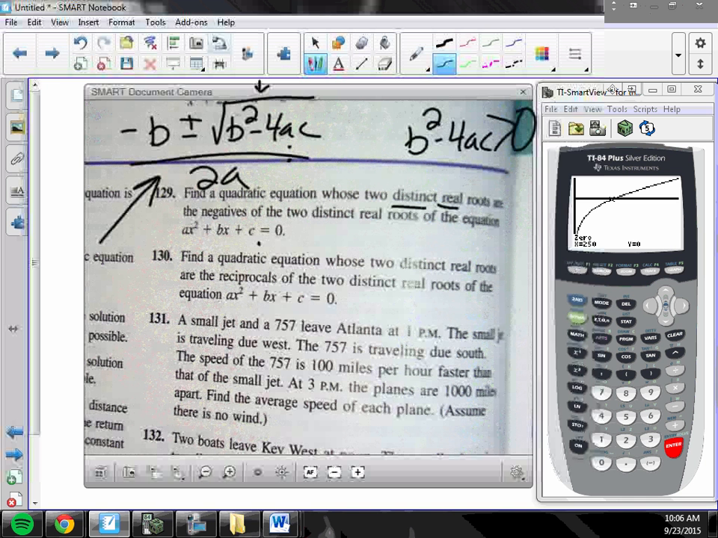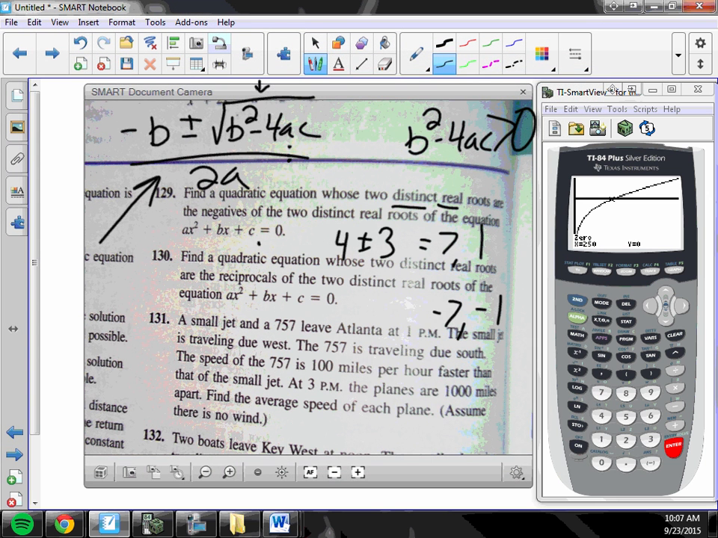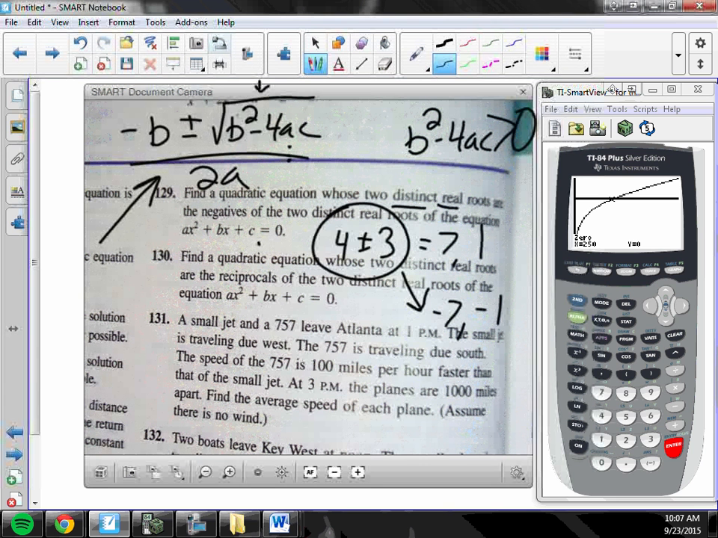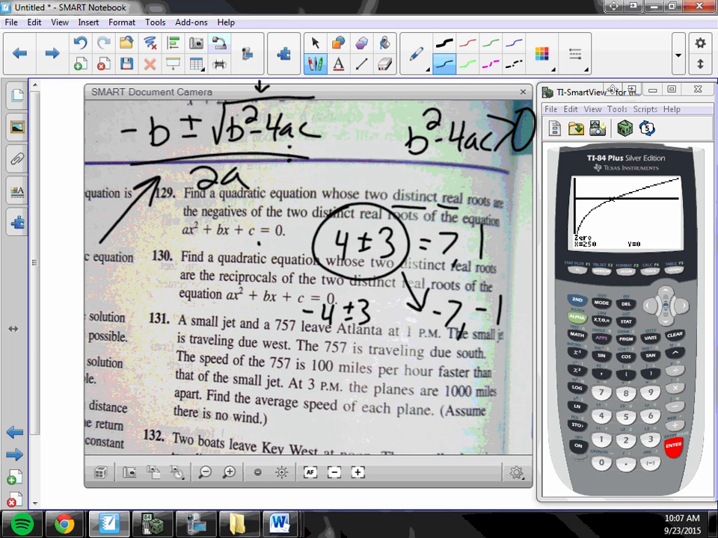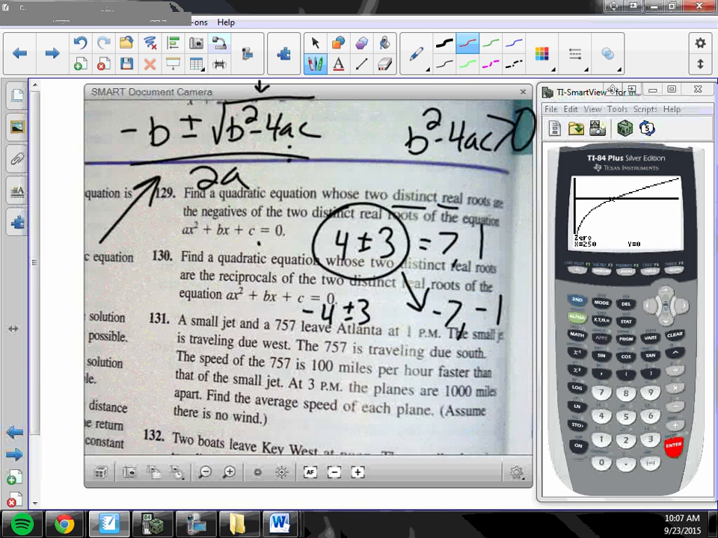So if I had 4 plus or minus 3, that gives me 7 and 1. So the opposites for these would be -7 and -1. How do I change this? Does just changing the b work? So -4 plus or minus 3. Does that give me -7 and -1? Yes, so if I change this to plus,